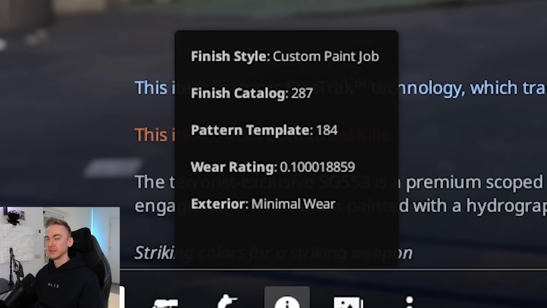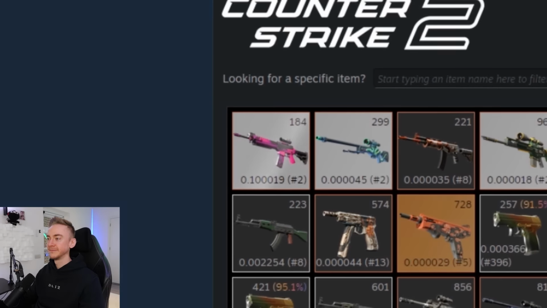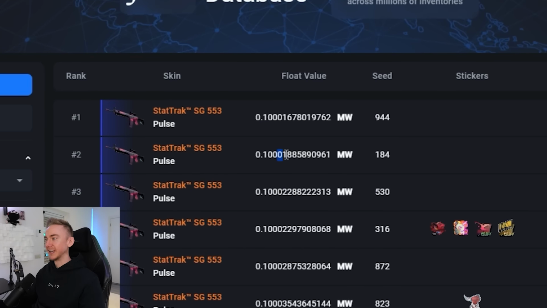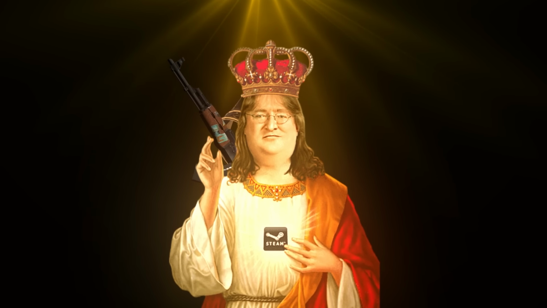Oh, it's float capped. Is it at least the number 1 Pulse, even though it's float? Oh, are you serious? How many number 2s are we gonna get today? The number 2 Pulse, and look how close that was as well. Been non-stop number 2s so far, but maybe Gaben is just saving all the luck for the final contract on